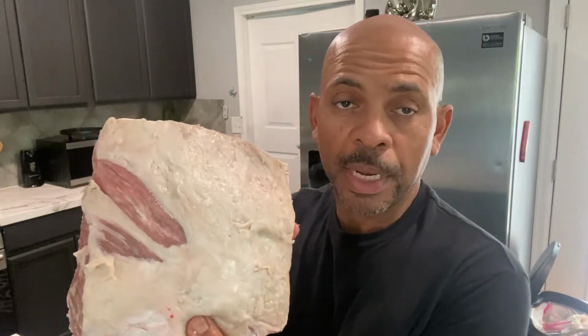Now, as I was reading about this, I found out that some people were saying to trim this fat off the top, and some people weren't. But most people were saying to trim it off because there's some silver skin. That's the reason why I'm gonna do it. There's some silver skin underneath there. So if you know anything about the silver skin, that's the stuff that's on the back of baby back ribs and stuff like that. You can't chew it. So if there's some on the top of here, we need to get it off. Plus, you can see that there's a ton of marbling inside of here. So we really don't have any reason to be worried about keeping this fat for the sake of moisture and